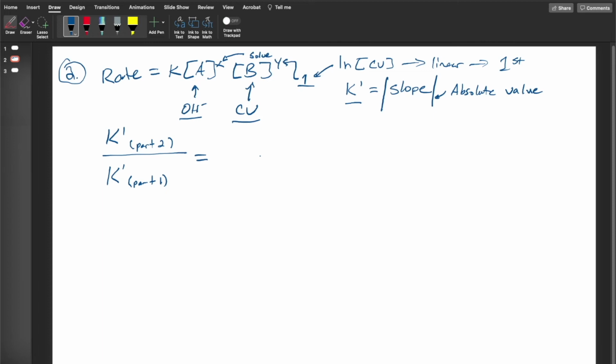Actually equals the concentration of hydroxide from part 2 to the x, all divided by the concentration of the hydroxide from part 1 to the x. Okay? And remember that these two concentrations are not just those concentrations that you had given to you,